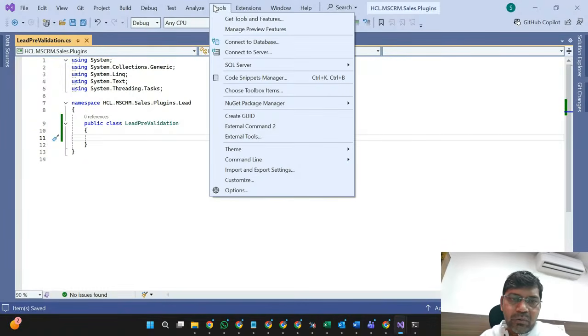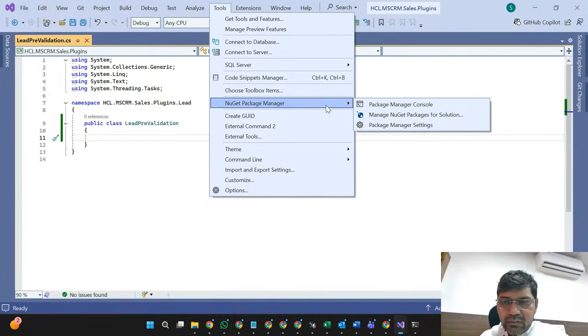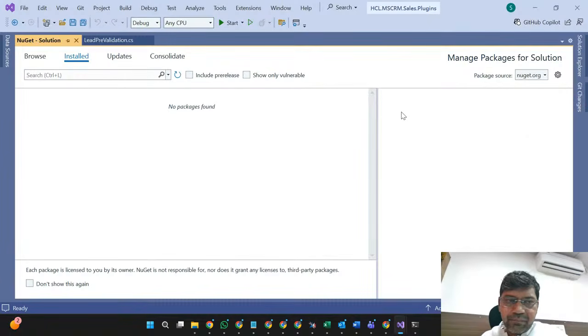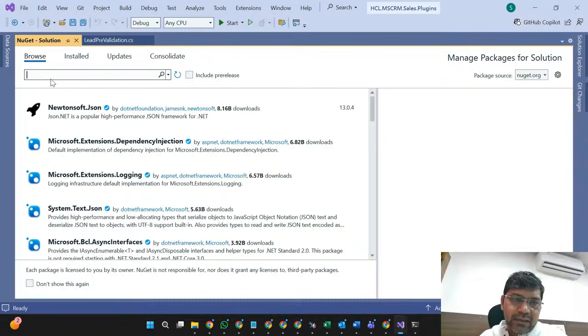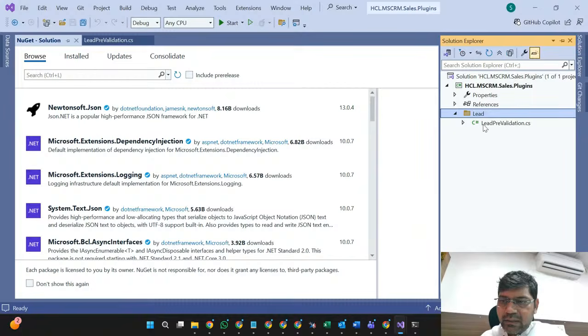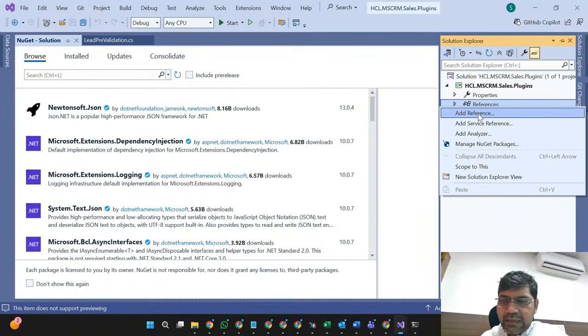Okay, so we have to add some libraries here. Which library do we have to add? Those libraries are NuGet packages, so that you can extend your C sharp code into plugin code. This is very important. Earlier, when we didn't have NuGet packages, we had to add our .NET related DLLs dynamically, or in the reference side we needed to add reference and add those DLLs at the project level.